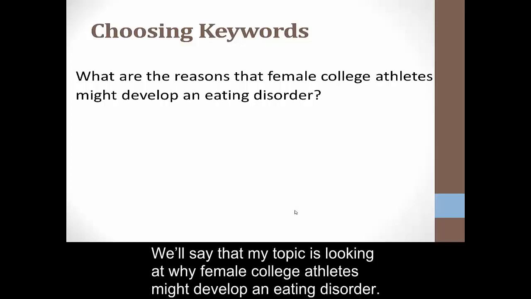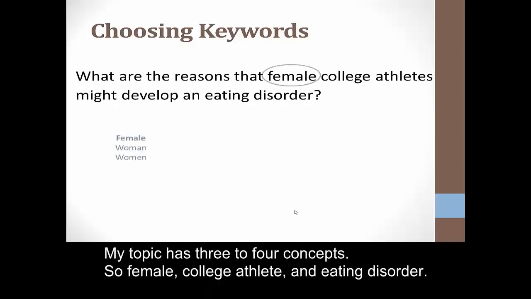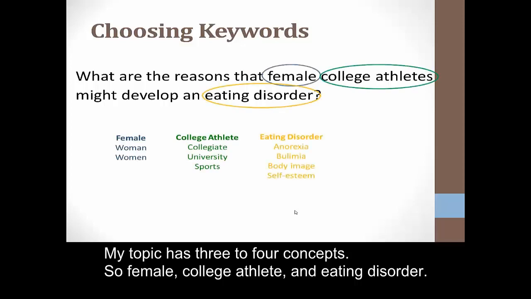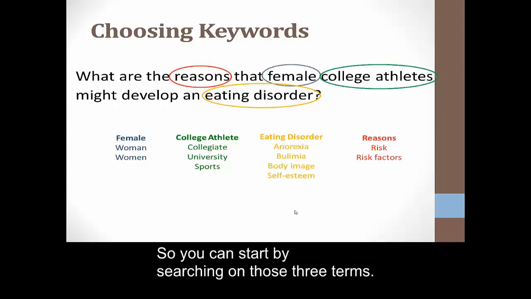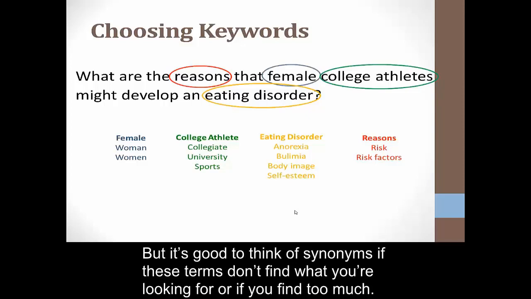We'll say that my topic is looking at why female college athletes might develop an eating disorder. My topic has 3 to 4 concepts, so female, college athlete, and eating disorder. We can add the reason or risk factors later once we've done the initial search. So you can start by searching on those 3 terms, but it's good to think of synonyms